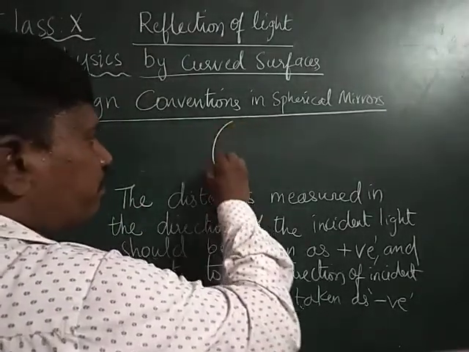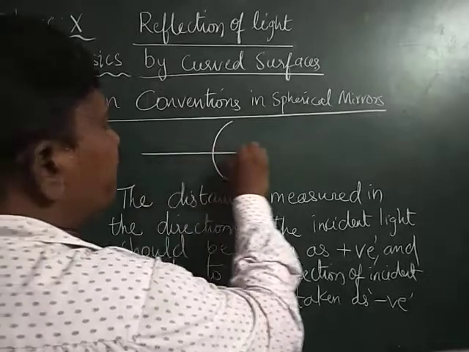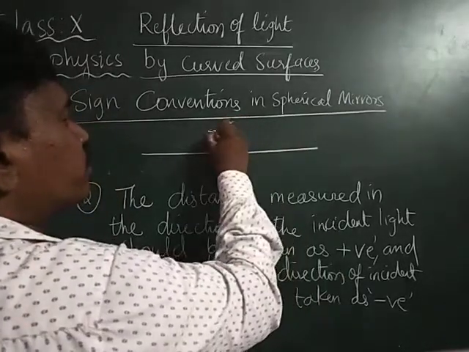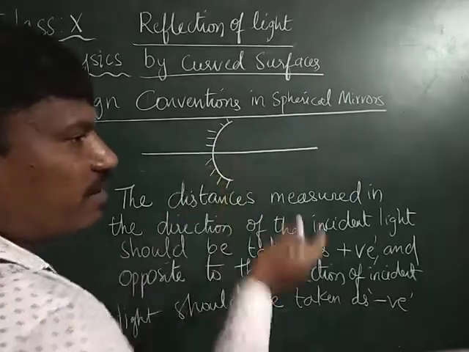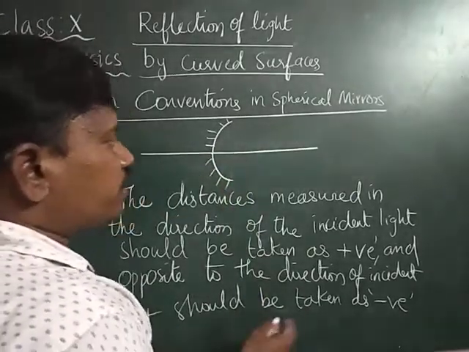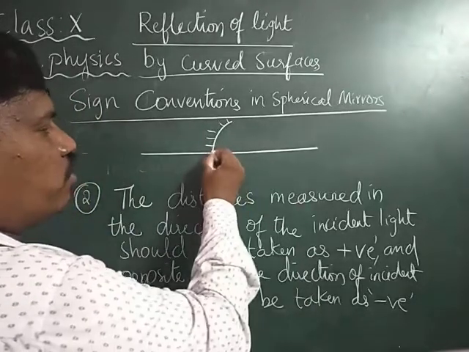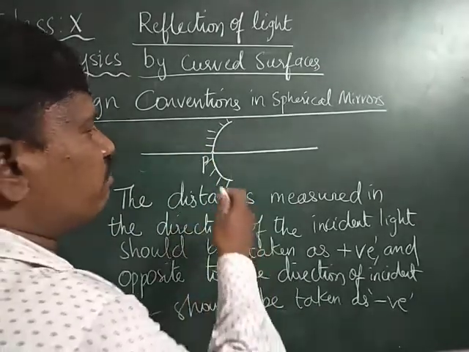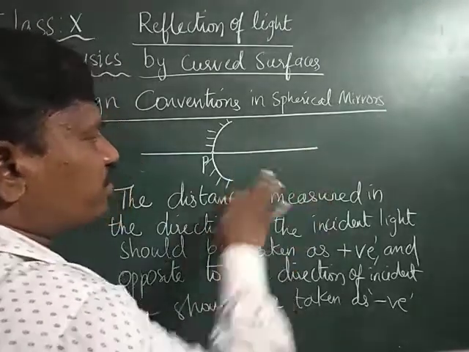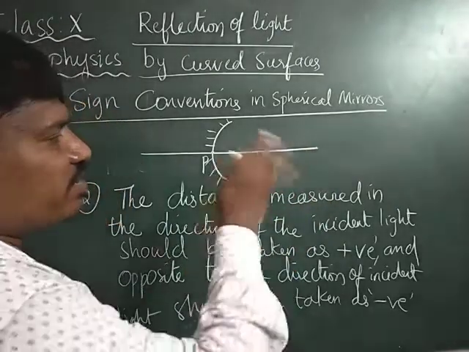See here. If we take a concave mirror, don't think that I am always taking concave. We can take convex also. Later we will be learning about the convex. Why concave first? Because learning the properties of anything with the concave is easier than with the convex.